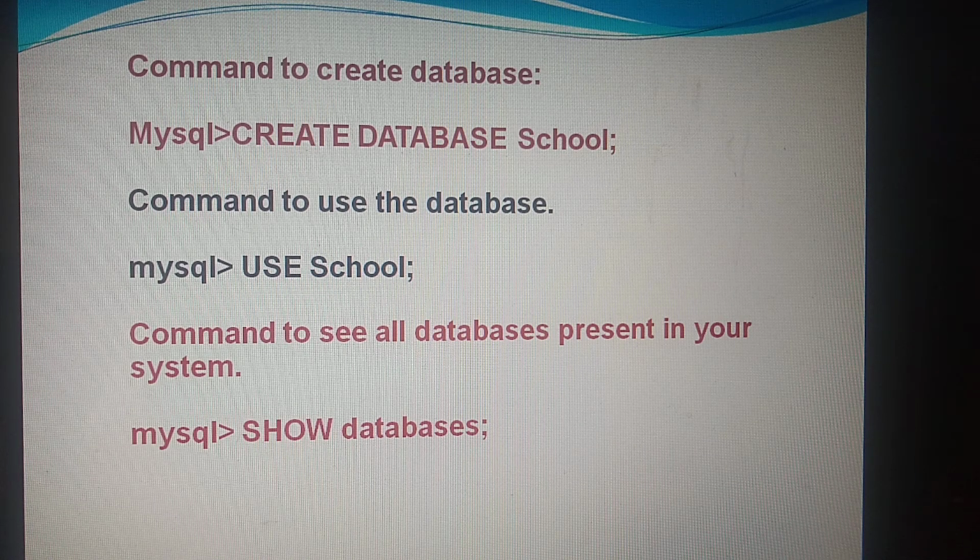All these things we will be doing in the next lecture. Hope you have enjoyed it, and in my next lecture we will be working on how to create a table in a database so that you can insert your values in that table.